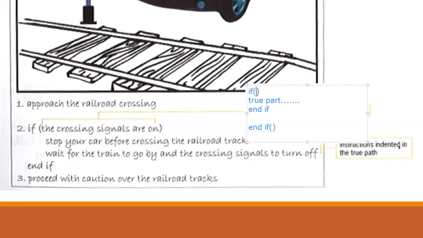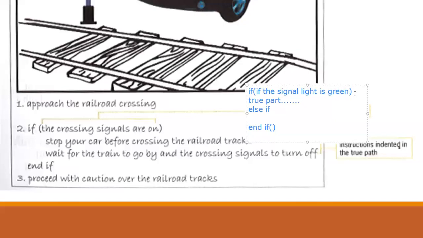Normal road. Three signals, right? Green, yellow, red. Three signals we have. So in that case, we can't directly end if. Sorry, end if no. Else. So if we have more conditions, then you have to go with if the signal light is green.